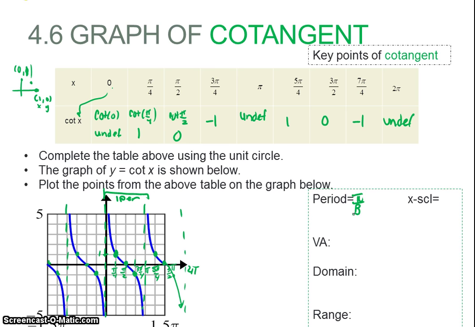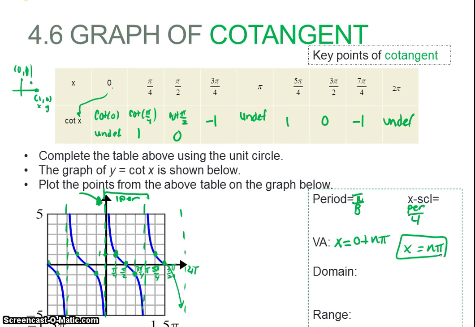And our x-axis scale is always going to be the period over 4. So it's going to start off generally as pi over 4 until you have a change in your period, as you'll see. Our vertical asymptote, it's always going to be x equals, and you look for the first non-negative asymptote, and your first non-negative asymptote is right here at 0, plus the distance between your asymptotes, and the distance between your asymptotes are always going to be every pi, or every period, so it's going to be n pi. Of course, you don't need to write the 0, so you can just say n pi, or pi n,